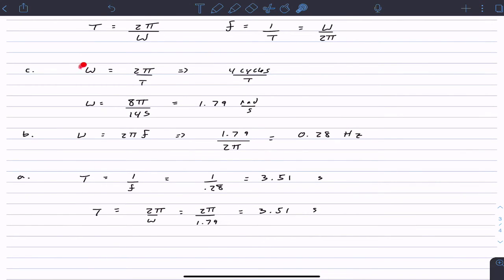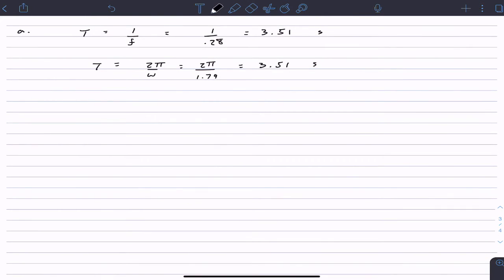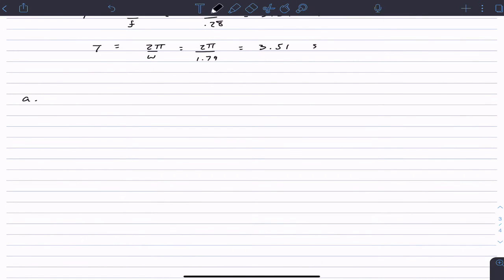I started with this relationship here, but I think the expectation, because they ask you to find period first, is that you take, so you go, A is for part A. We want to find the period. You go the total time, right? We'll say total time over the number of times. Does that make sense? I mean, you're looking for the period, right? So this is going to be,